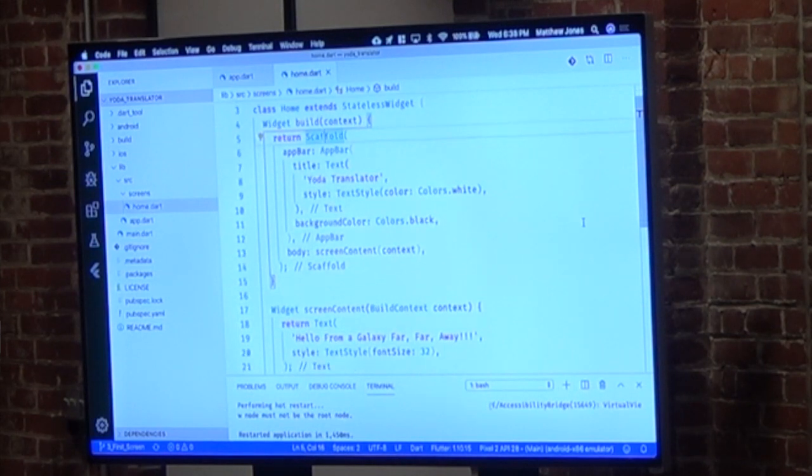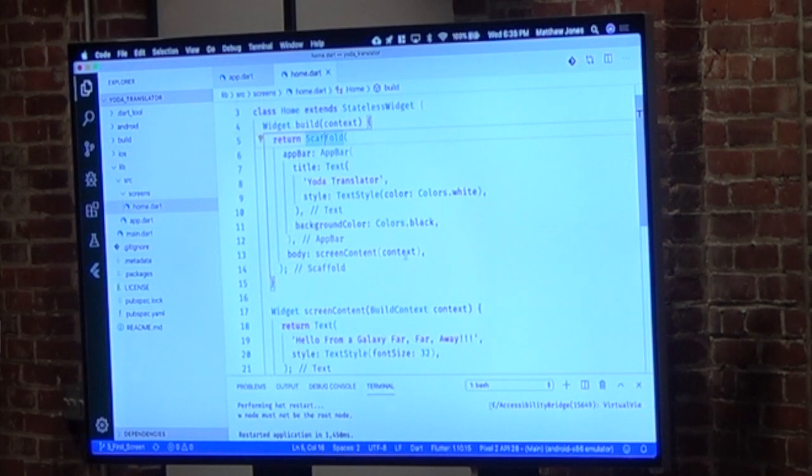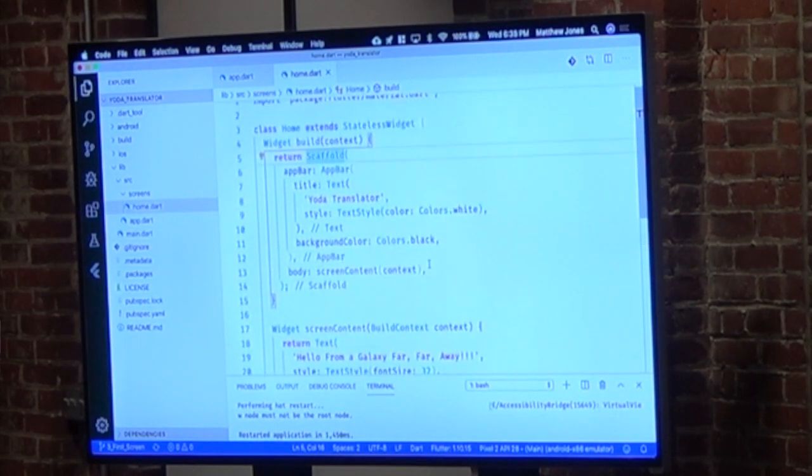And as we go down, we can specify our background color and our body. And inside that, I've defined a screen content. So you're noticing a lot of indenting here. And that is one of the major things that people complain about with Flutter. It's like, man, there's so much indenting and it's so confusing, and you need to use the auto formatter to really make sense of all of it. Well, the answer is, if it gets too gnarly, you need to break your big widget down into sub-widgets. That's just what it comes down to.